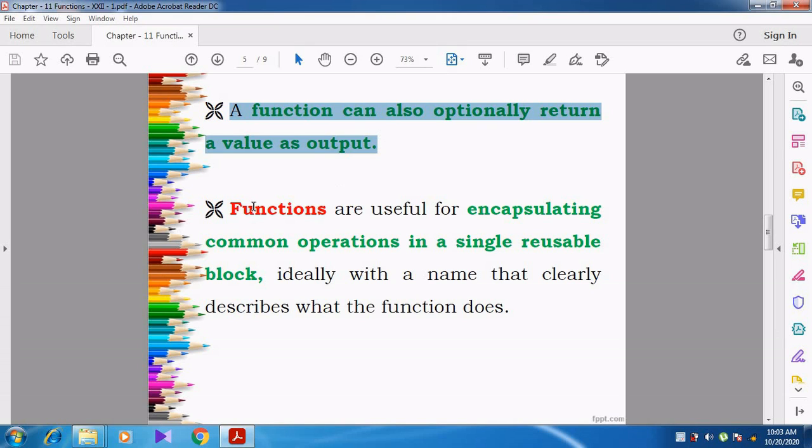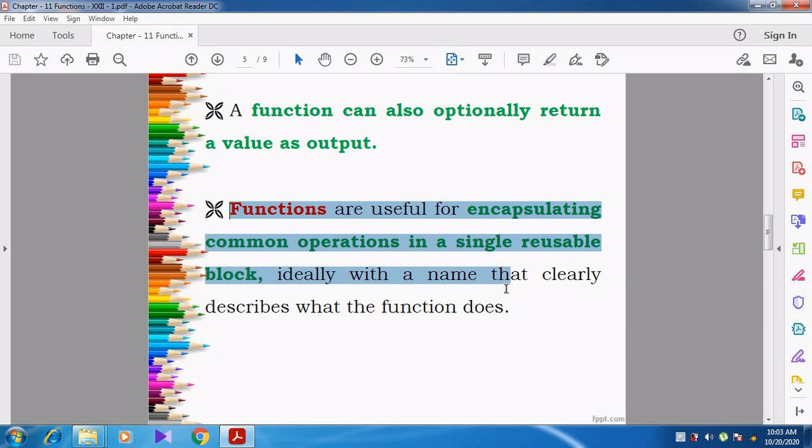Then functions are useful for encapsulating common operations in a single reusable block, ideally with a name that clearly describes what the function does. Functions are most probably used for common operations.